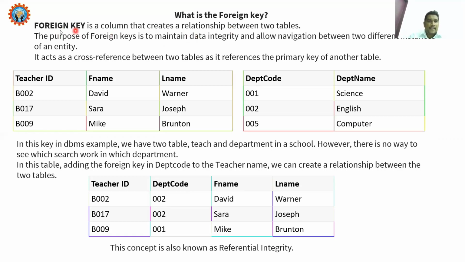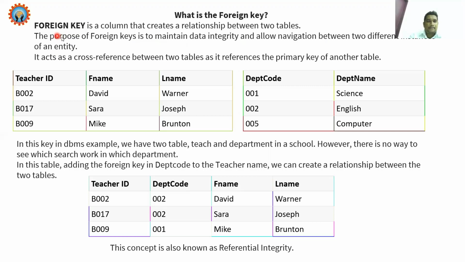But to implement a foreign key constraint, there should be a relationship between two tables. The purpose of foreign keys is to maintain data integrity and allow navigation between two different instances of an entity.